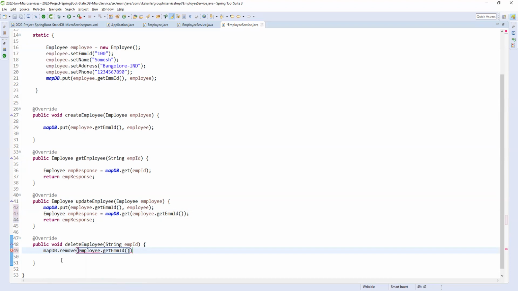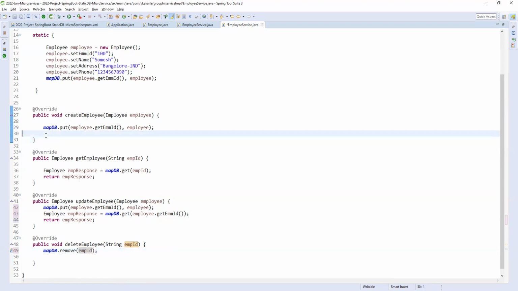I think we can pass it like this. Fine, so remove ID. The ID is the key we are passing, so automatically it will be removed.